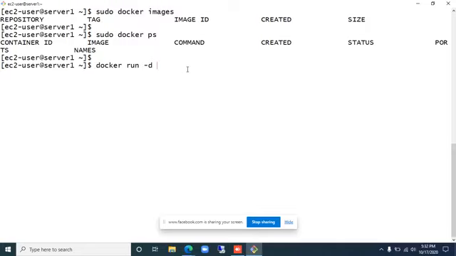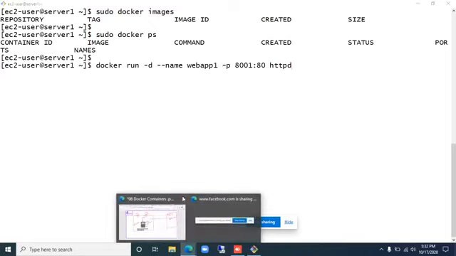It has to run in the background, and I'll name the container web application 1. We can choose any name of our choice, and I'll map port number 8001 to 80, and the image name which I am going to use is httpd.